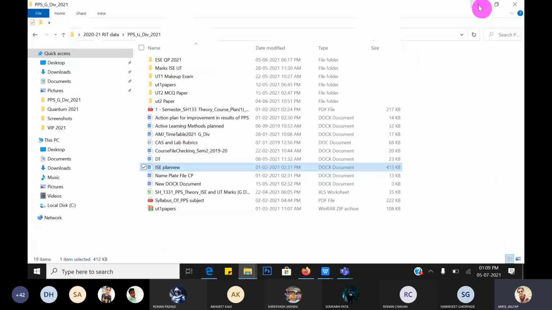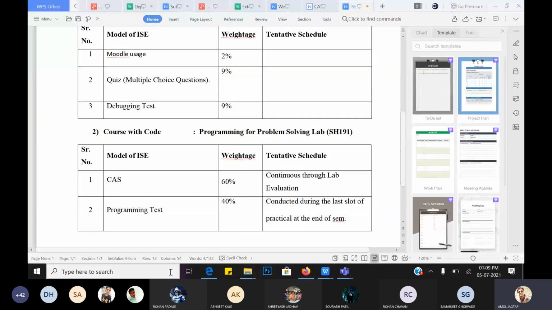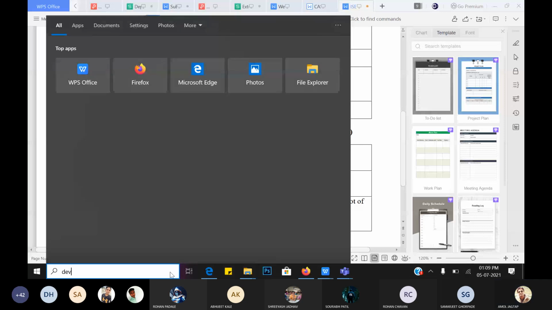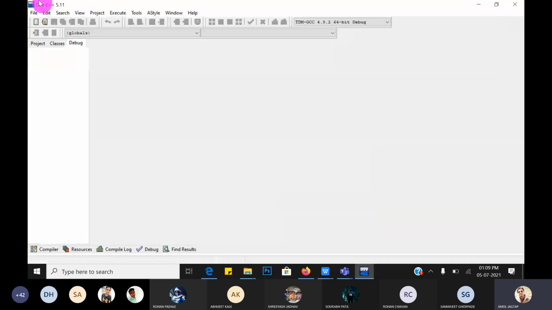Okay, this is the basic theory part. Now I will show you the Dev C++ IDE. So this is the Dev C++ IDE. First question: what is meant by IDE?